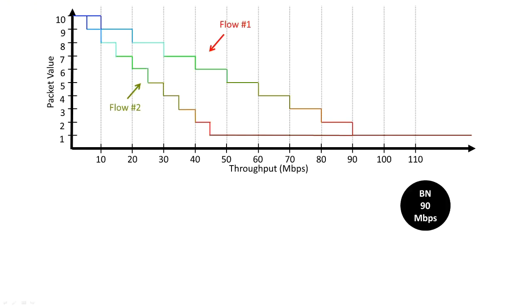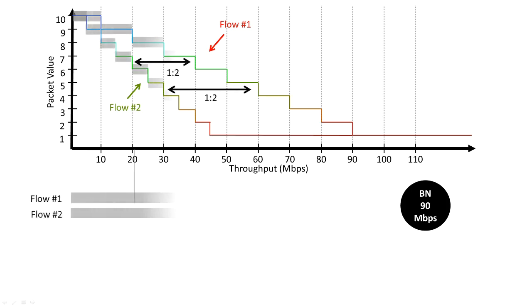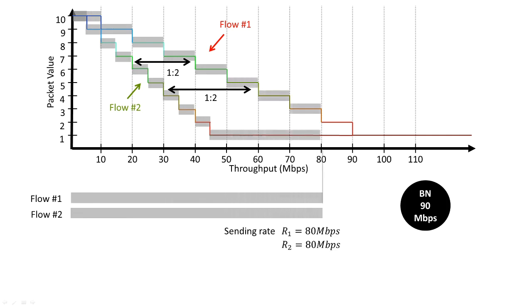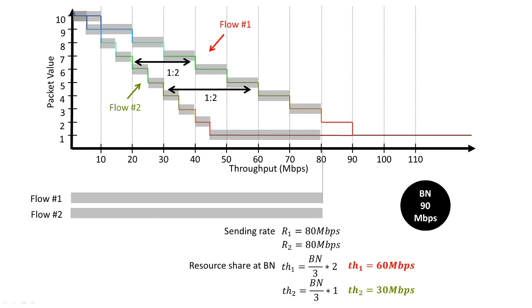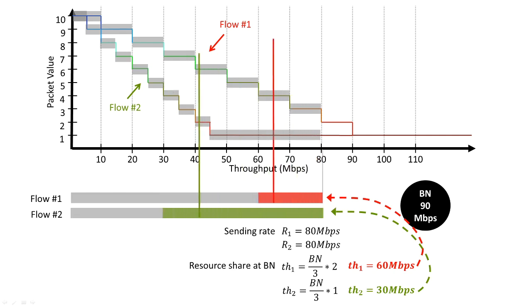In addition to fair sharing, different policies can also be expressed in the PPV method. Let's consider that we use a different throughput value function to mark the packets of flow number 2. For this second flow, the packet values drop 2 times faster with the throughput than in the original TVF. The two TVFs enable us to differentiate between users, subscribers or flows, creating gold and silver groups, for example.